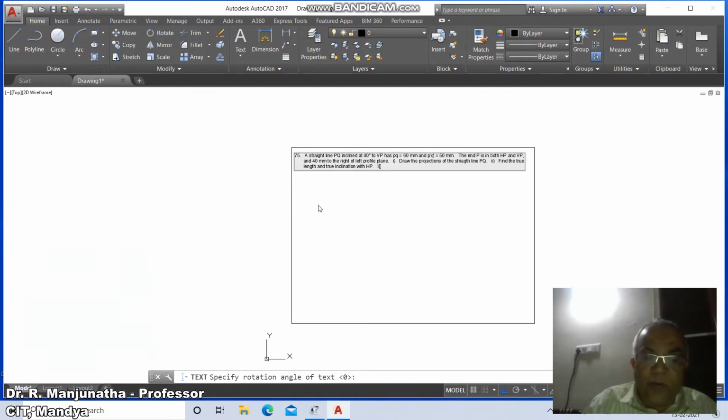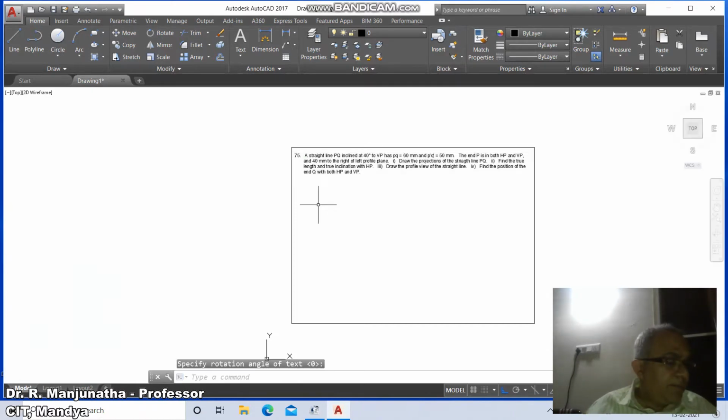Then take the third one, draw the profile view of the straight line. Then take the fourth one, find the position of the end Q with both HP and VP. So this is how we need to find out this now.